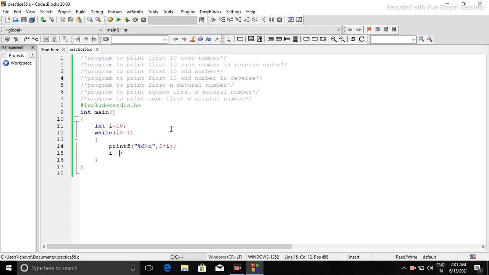So what can I do? I can just replace this expression by 2 multiply I plus 1. It will first multiply, because in arithmetic operators the precedence of multiplication is greater. We have seen this in our arithmetic operator video, that multiplication is more prior than addition. So first multiplication will be done, and then addition of one will be done, so that we will get the expected answer. Now if we run our program,